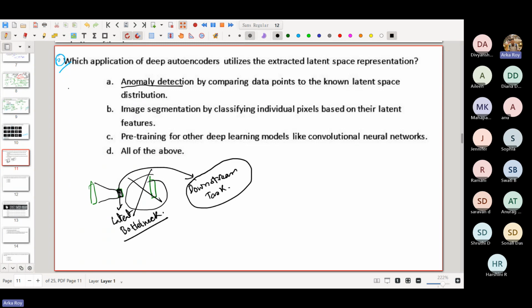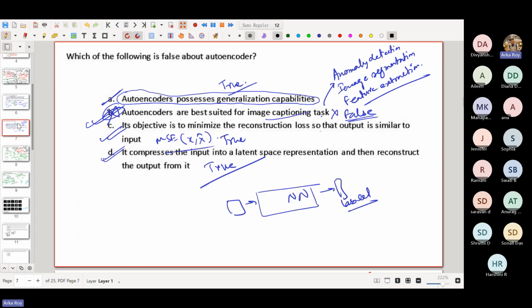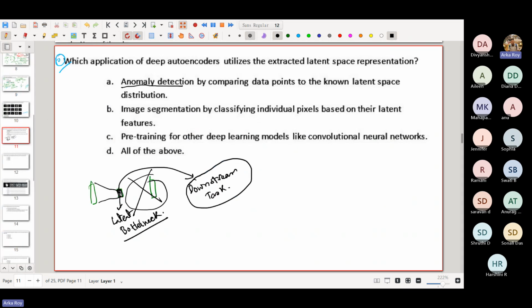anomaly detection. Probably in slide 7, I have already told that we use them for anomaly detection, image segmentation, feature extraction. So I have already answered this one over here. Anomaly detection, it is true. Image segmentation, also I have told initially itself that for image segmentation also we use